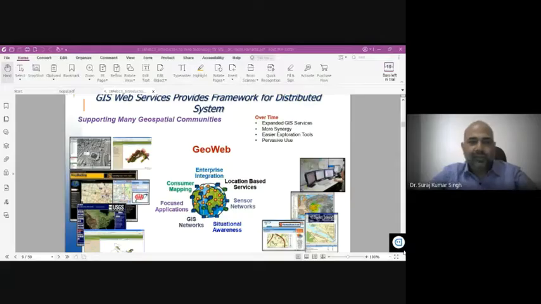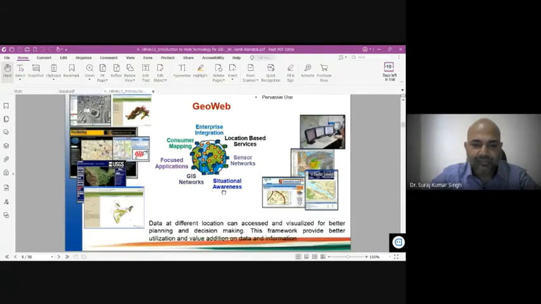So you can see how the entire information related to the field of WebGIS is connected to each other, whether you speak about consumer mapping, network analysis, or the other media with the WebGIS framework platform for distributed systems that we have already done.